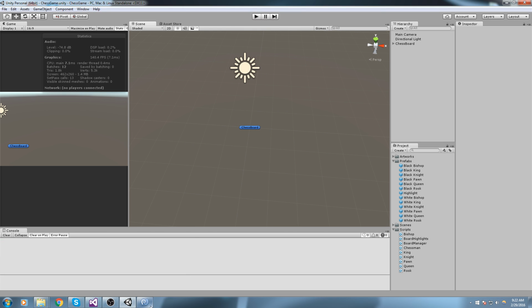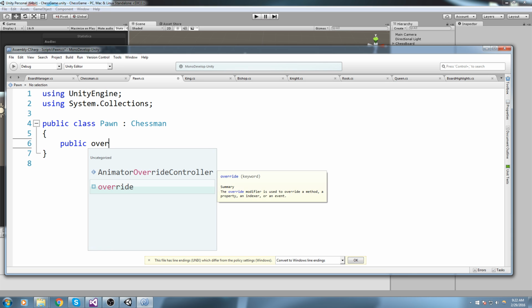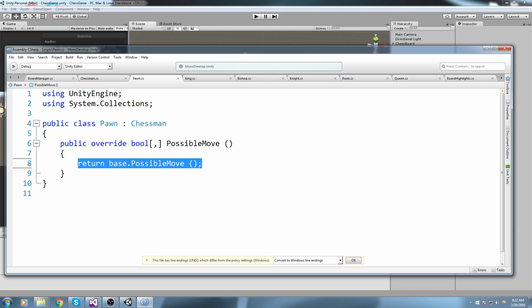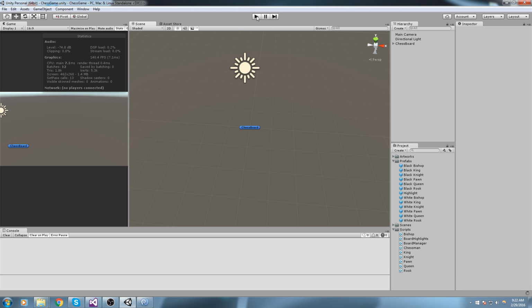Okay, now do we have any more errors? We don't seem to have any more errors, and I'm simply going to go in the pawn really quickly, write a public override of possible move, then create a new bool array like so, that I'm going to call R for return, is equal to a new boolean of size 8 and 8. We're also going to return that one, but I'm doing this because I want to test basically. So I'm going to say R at the index 3 3, so that should be exactly in the center, is equal to true. Now when I'm clicking on the pawn, it should highlight the middle tile. So let's hit play,